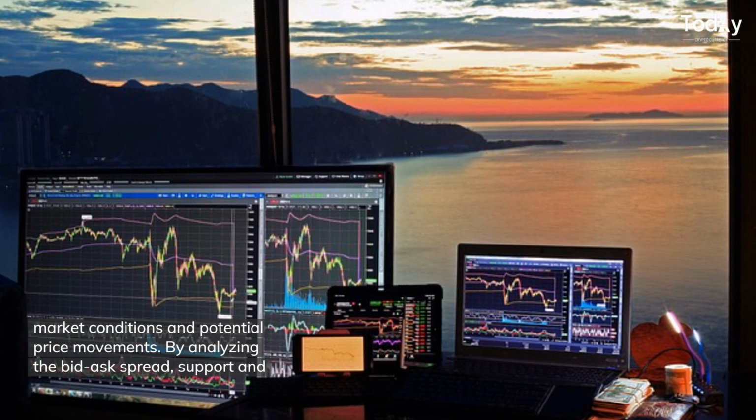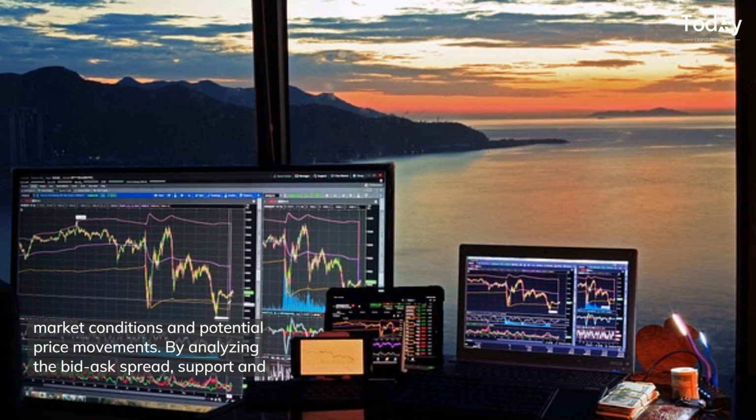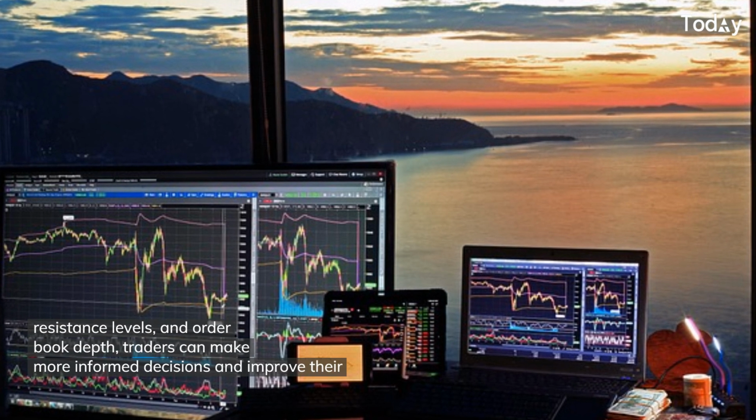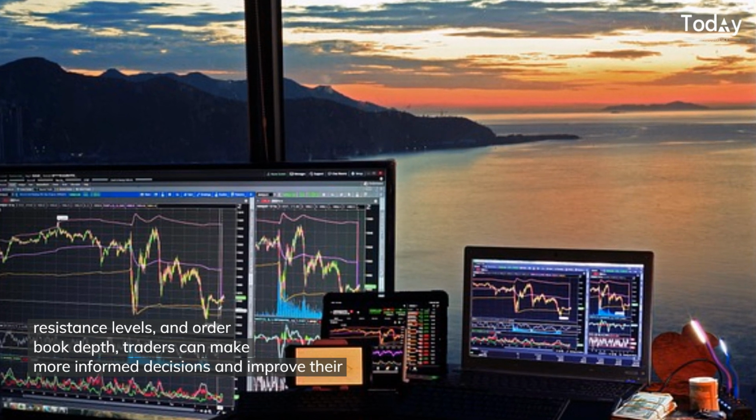In conclusion, order book analysis is a powerful tool for crypto traders that can provide valuable insights into market conditions and potential price movements. By analyzing the bid-ask spread, support and resistance levels, and order book depth, traders can make more informed decisions and